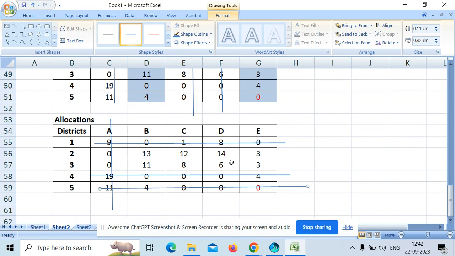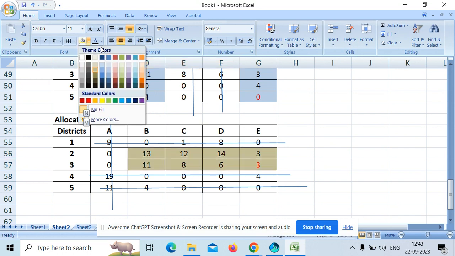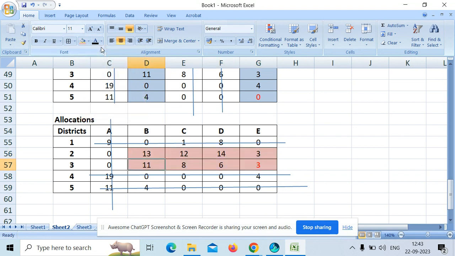मैंने सारे ज़ीरोस कवर कर दिए हैं। अभी मेरा स्मॉलेस्ट नंबर क्या है, थ्री जो है ये मेरा स्मॉलेस्ट नंबर है। अभी क्या करना है, मैं अनकवर्ड एरिया भी हाईलाइट कर देती हूँ, ईजी हो जाएगा। 13 माइनस थ्री 10 हो गया, 11 माइनस थ्री 8 हो गया, 8 माइनस थ्री 5, 12 माइनस थ्री 9, 14 माइनस थ्री 11, 6 माइनस थ्री 3, 3 माइनस थ्री 0, 3 माइनस थ्री 0।